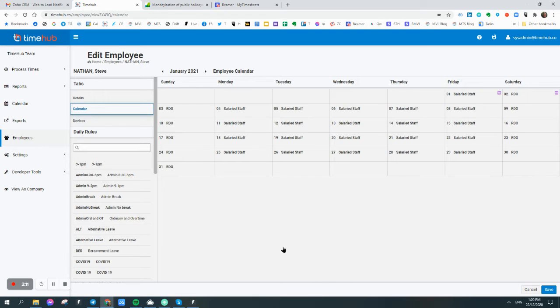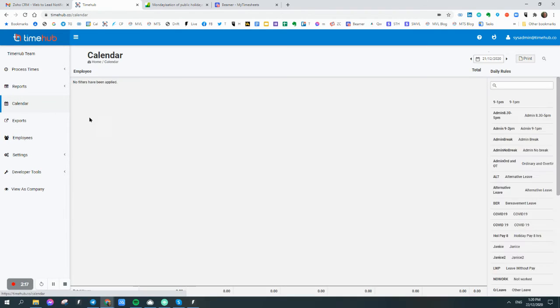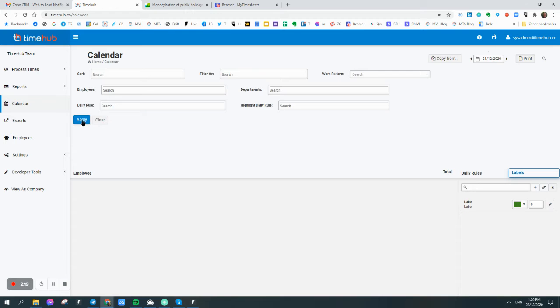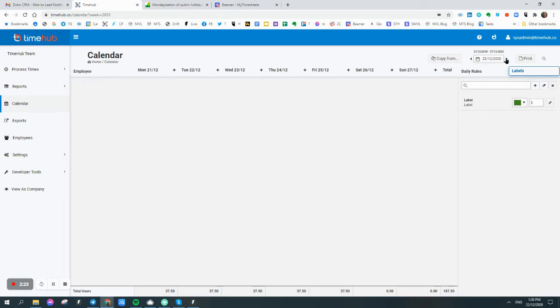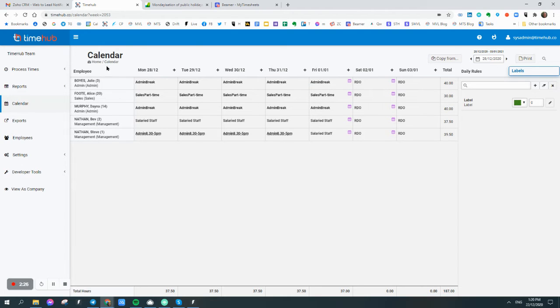What's important is if you are checking the information, you can check in the calendar here. If you're using our roster calendar function, then you can come in here and apply this, and again, you will see what the rules are for the current week and next week. If you're not using our roster calendar or you don't have access to it, let us know. We're happy to turn that on for you. So this again will apply.